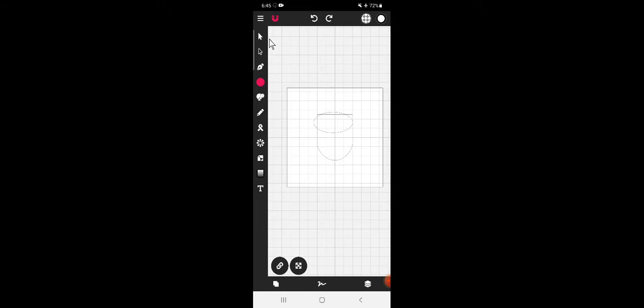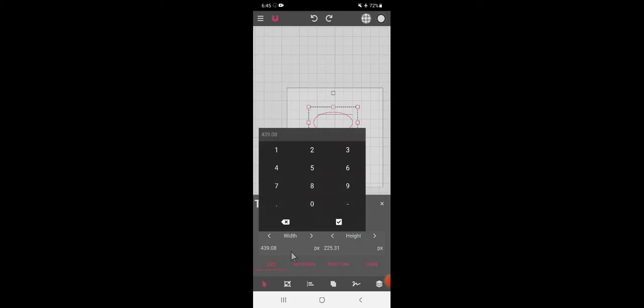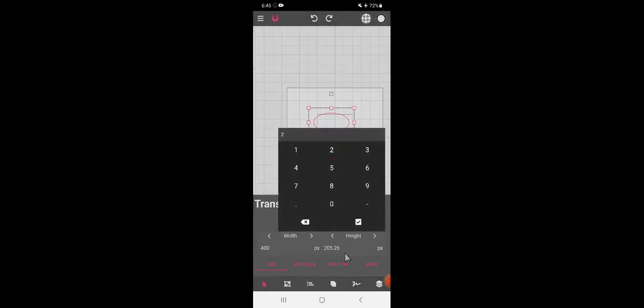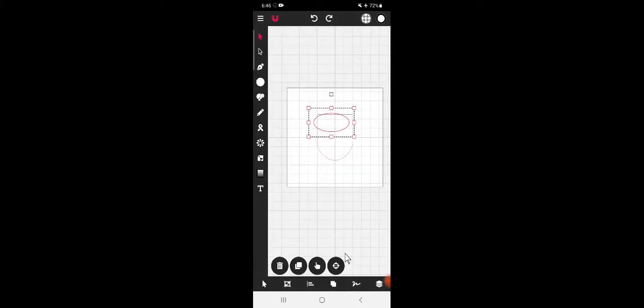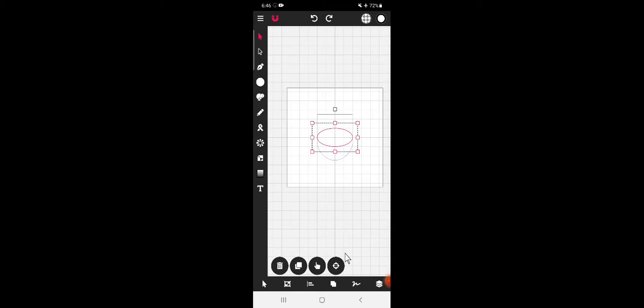Use this option, go to size. 400, open it, make it 200. And we will align this shape also to the center. Now we will move it up.